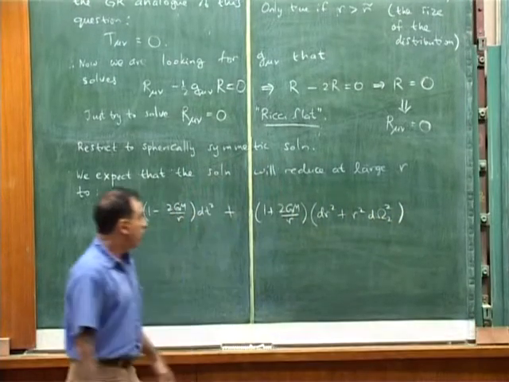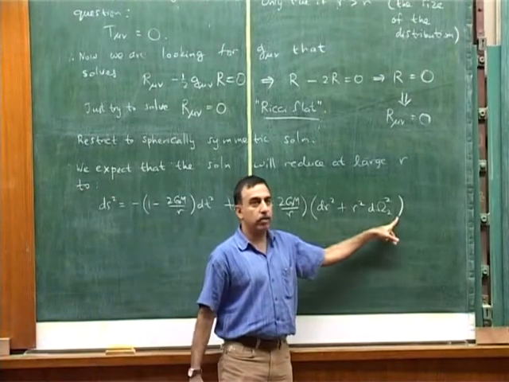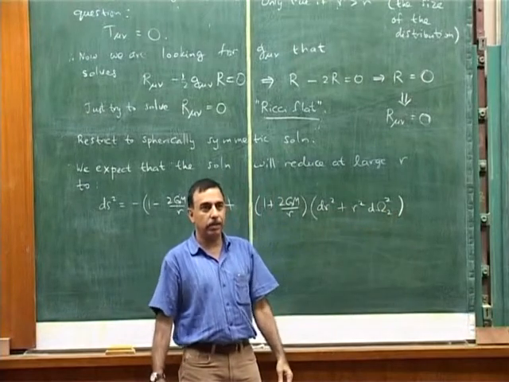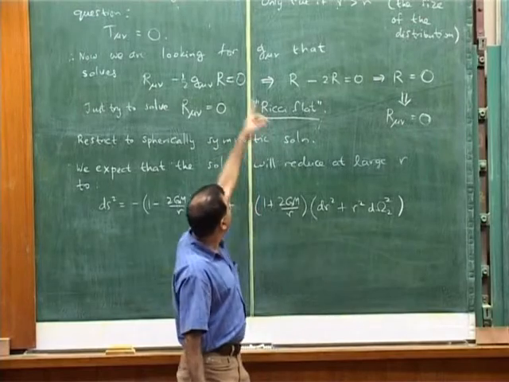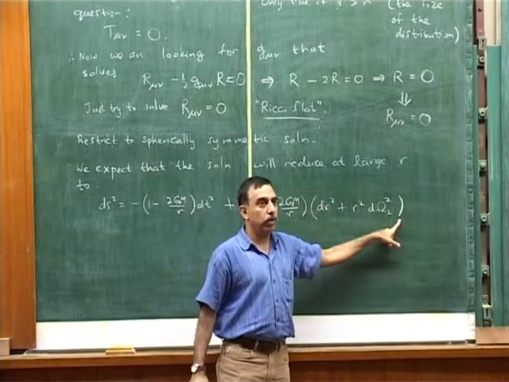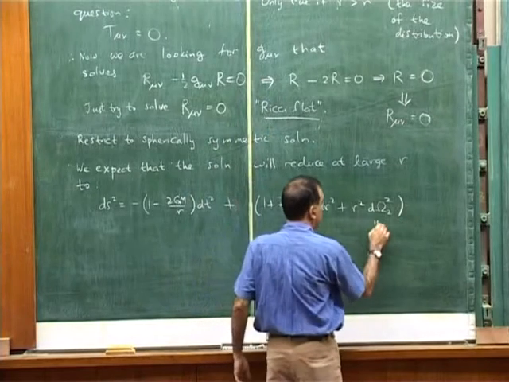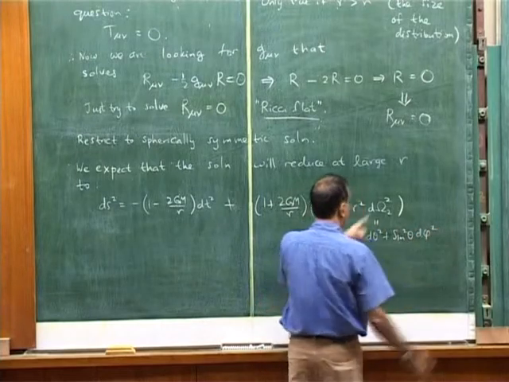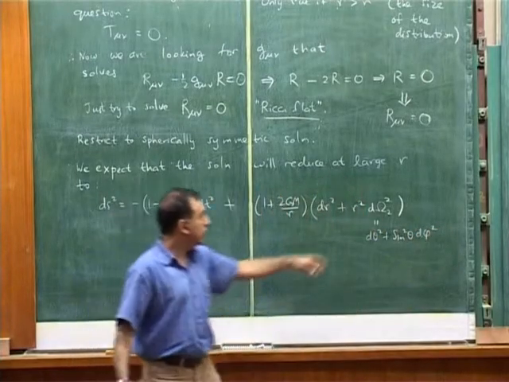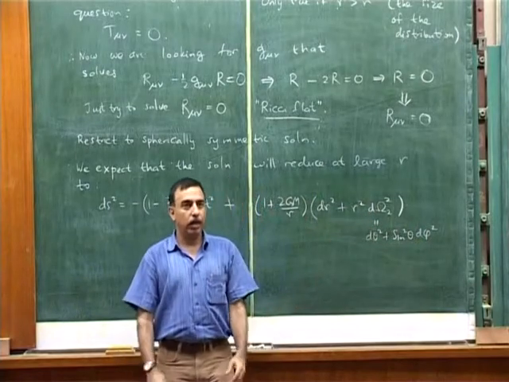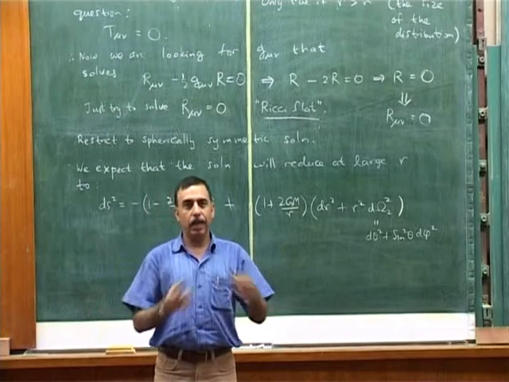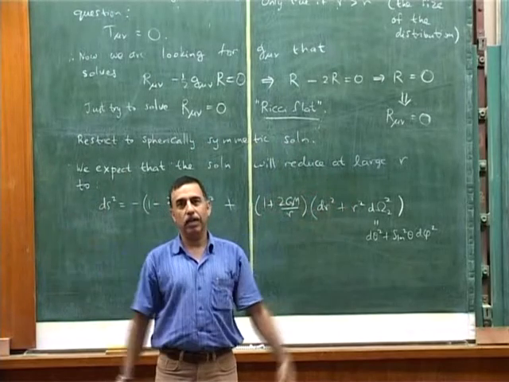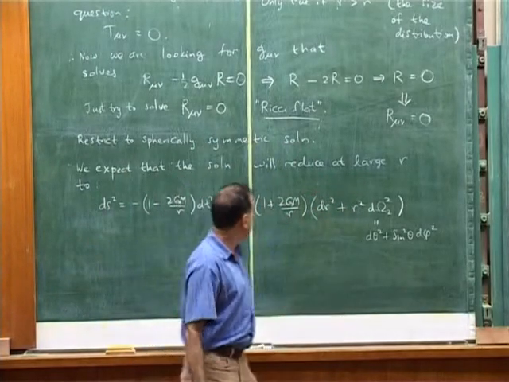Just notation. This is the metric of 3-space, the 3-dimensional Euclidean space, written in this way. Instead of using Cartesian, I have simply used spherical polar coordinates. And dΩ₂ squared means dθ squared plus sine squared θ dφ squared. It's a useful shorthand; this is the metric of a 2-sphere. It's a way of thinking about 3-dimensional space as successively larger and larger 2-dimensional spheres. If you nest a lot of spheres, you'll get 3-dimensional space, and these are the natural coordinates for that.